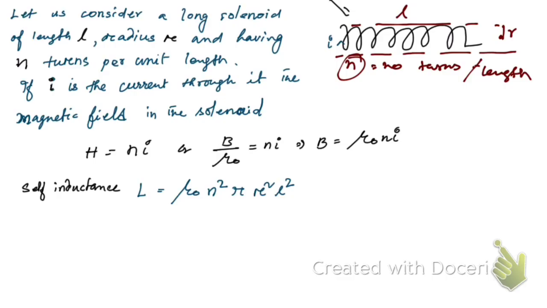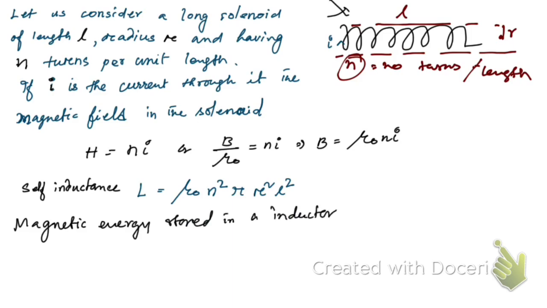So this solenoid is nothing but an inductor, right? Magnetic energy is stored in the inductor, that is given by, let me write U capital B,